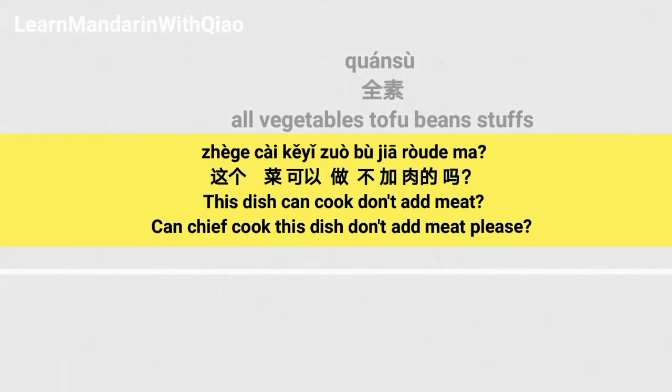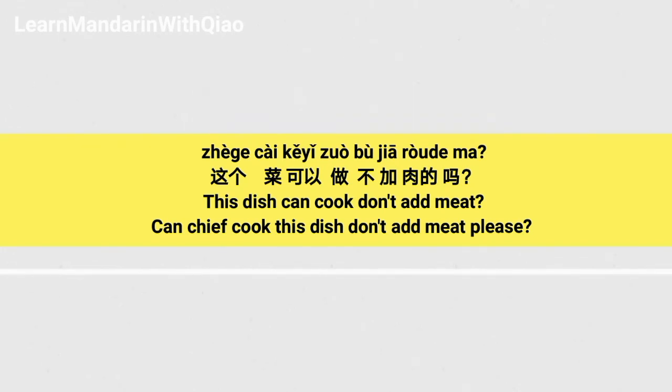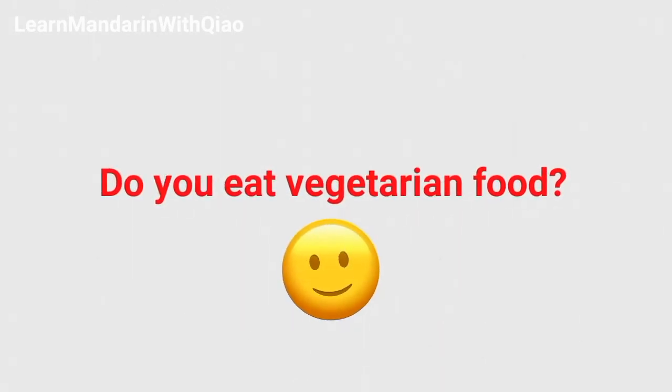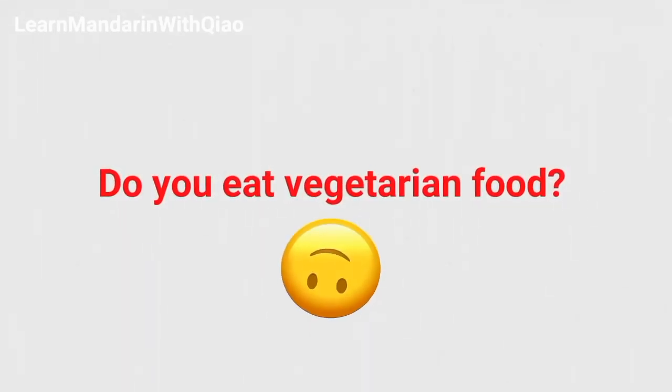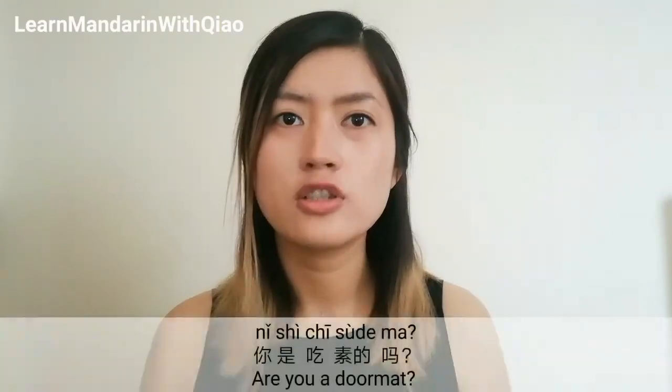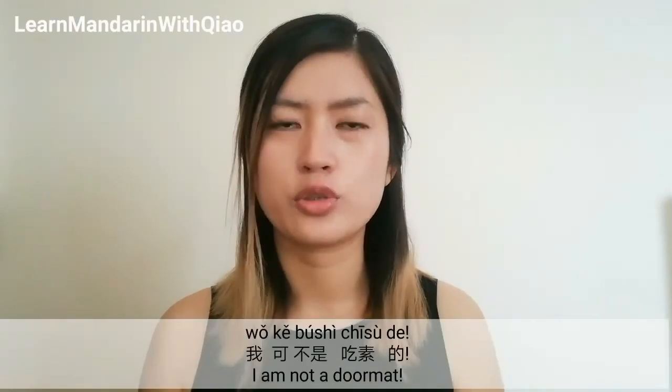素 means vegetable or tofu or beans stuffs. So you also can say 这个菜可以做全素的吗？ Do you eat vegetarian food in Chinese? Sometimes they have another meanings. Let's have a look at this one. 你是吃素的吗？我可不是吃素的。